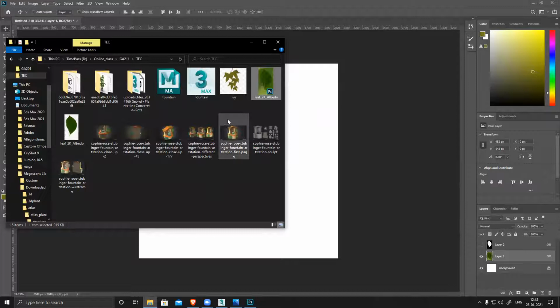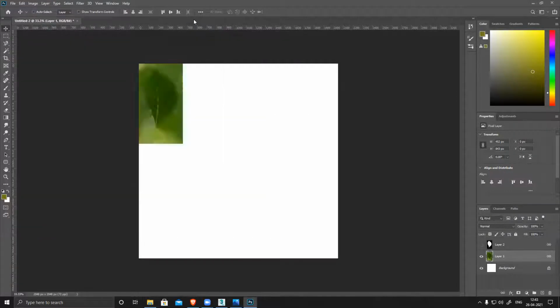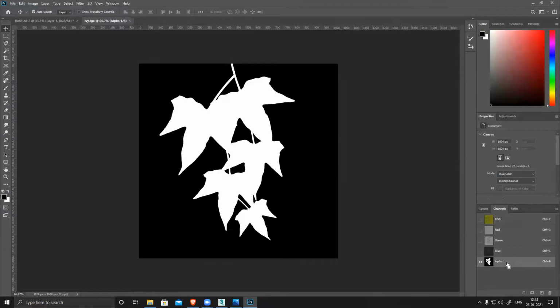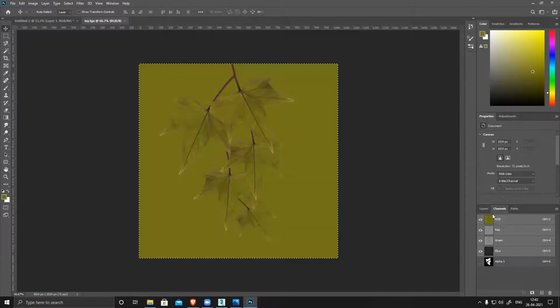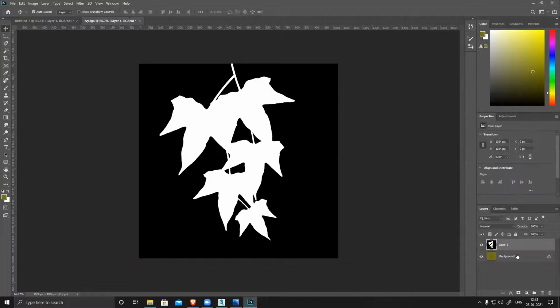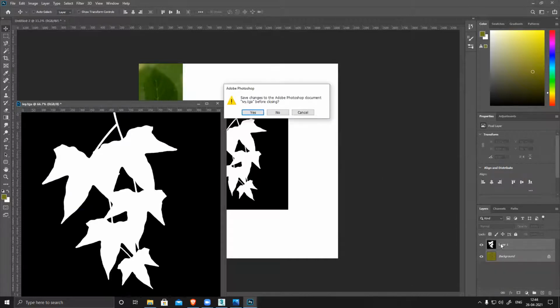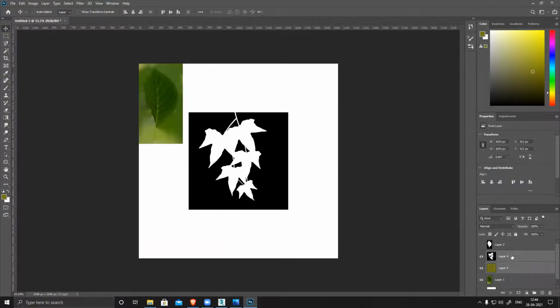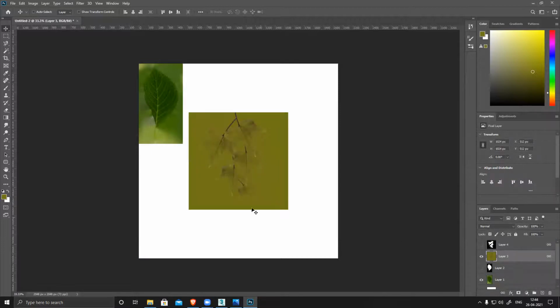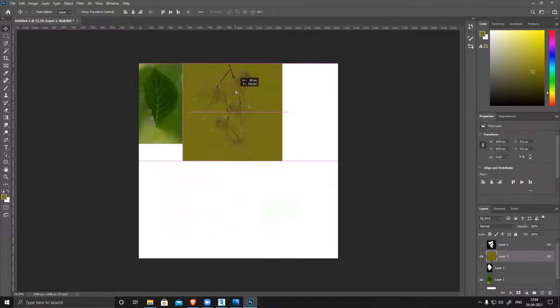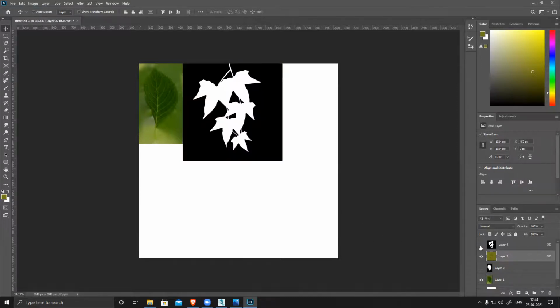Now I have one more leaf, this one, ivy. Open the folder, this thing, Control A, Control C, select RGB, come back to the main layer, Control V. Now I have the ivy base color and the alpha together. Drag drop here, don't save. Link them also. Now switch off this one. You can see the texture, and if I want, I can place it here. And if I want, I can reduce size also, but I just placed it here directly. This placement is ready. Alpha, you can see it's nicely aligned.